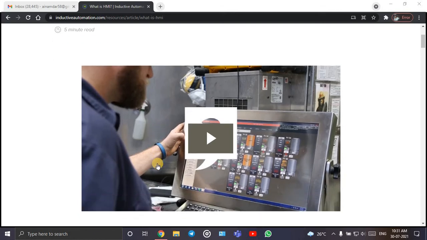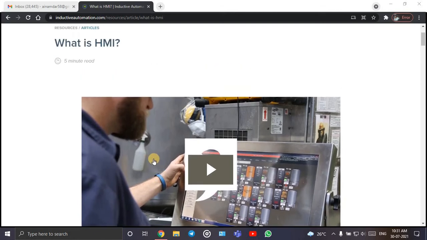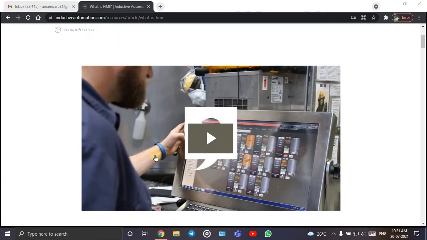Good morning to all. Today in this lecture, we are going to see through the relevant information regarding human machine interface, that is HMI. So today we are going to see a basic example through the video in order to understand the things graphically, okay, for visualization. As we don't have any kind of demo to show you, this video will help you get to know what is HMI in real time.